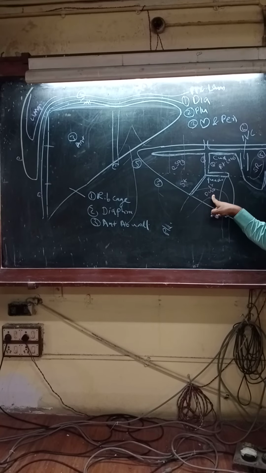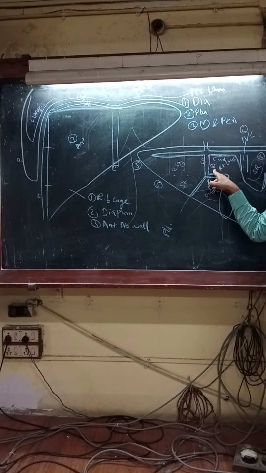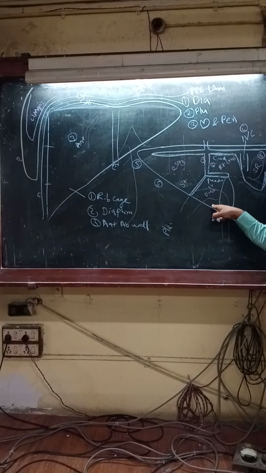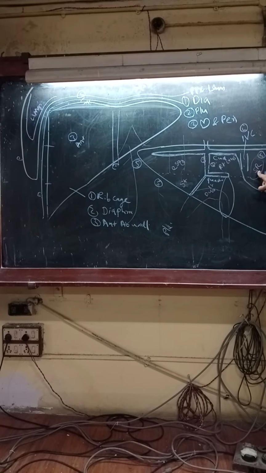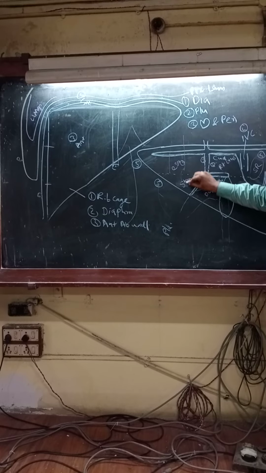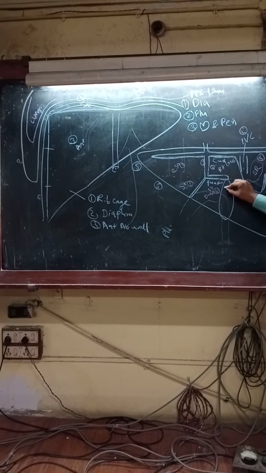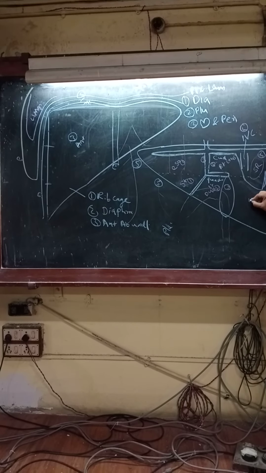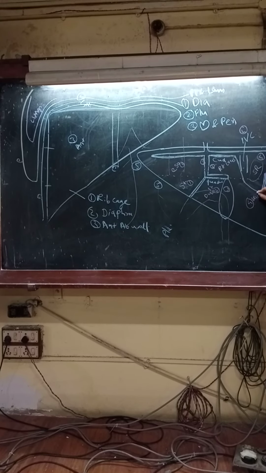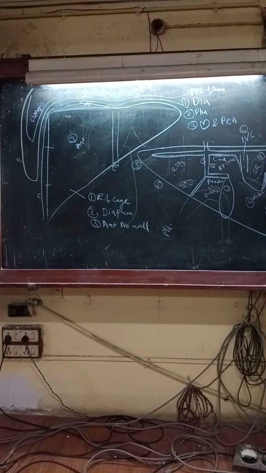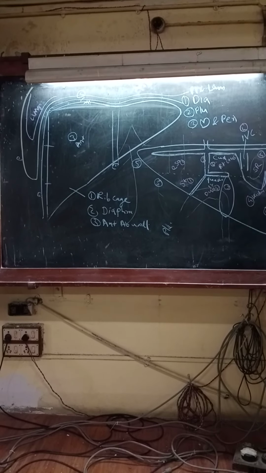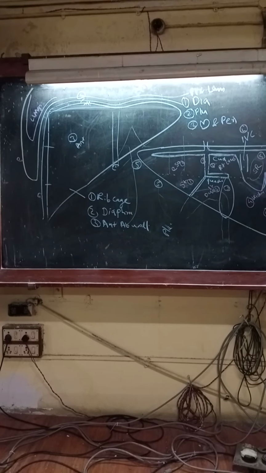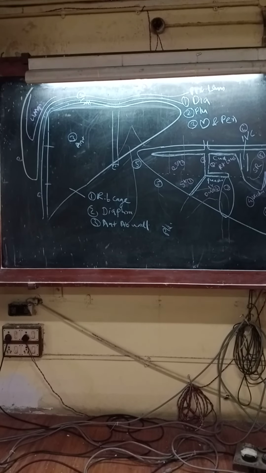So first part of duodenum, quadrate lobe. What is there in the quadrate lobe? Right crus of diaphragm. What is there in the quadrate lobe? First part of duodenum. What is there in the bare area? Suprarenal. And so one, stomach. 2, first part of duodenum. 3, gallbladder. 4, kidney. And 5. What will be 5?